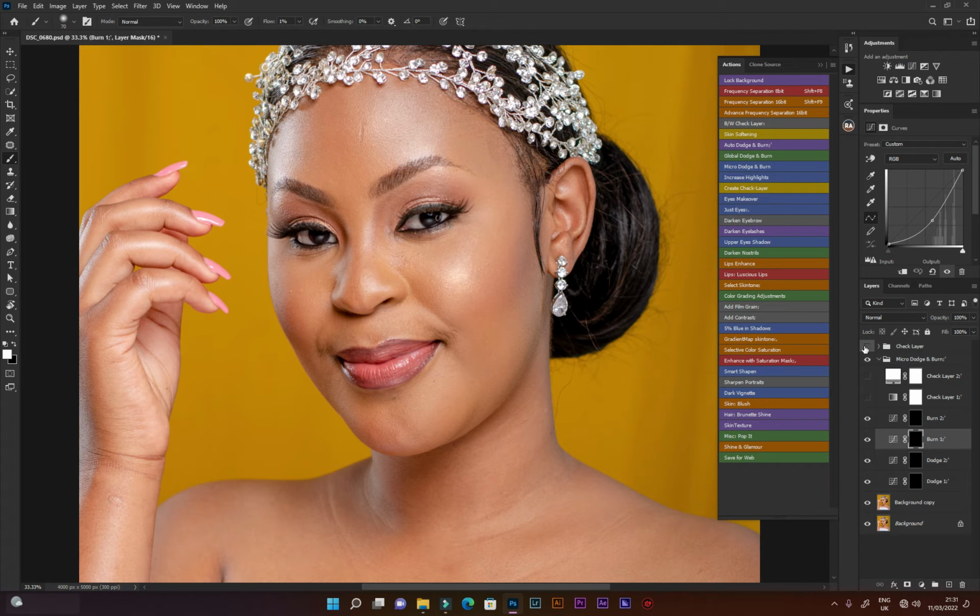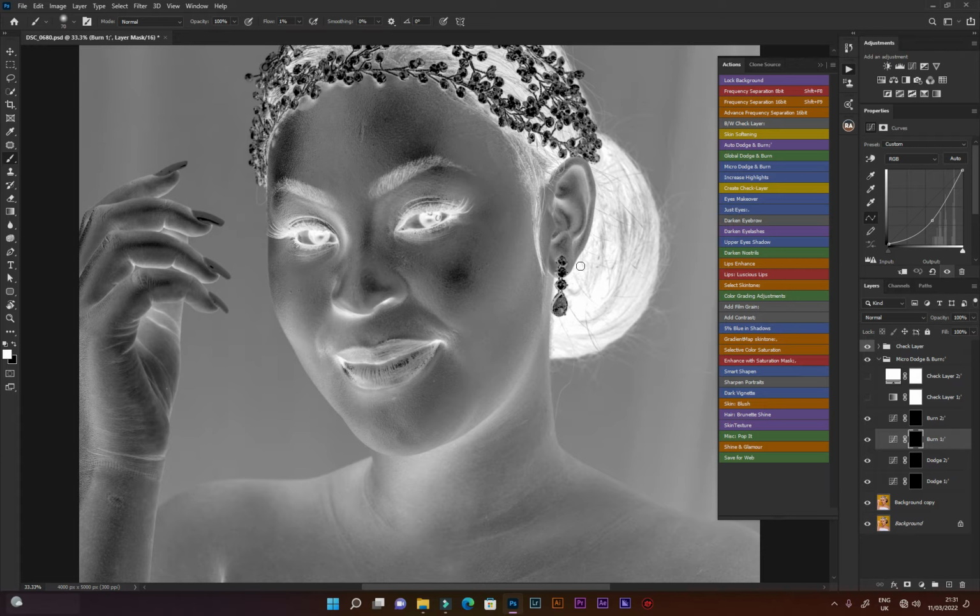Okay, let me turn my check layer on. It shows bright, but it is dark, so we have to brighten that part. Okay, let me use the dodge now. So there is some part that is bright, but you have to make that part darker, and there is some part which is darker and you have to make it bright. Okay, so this part,